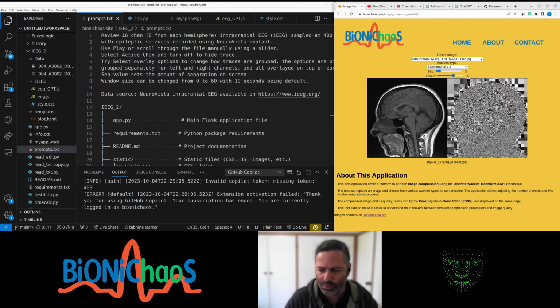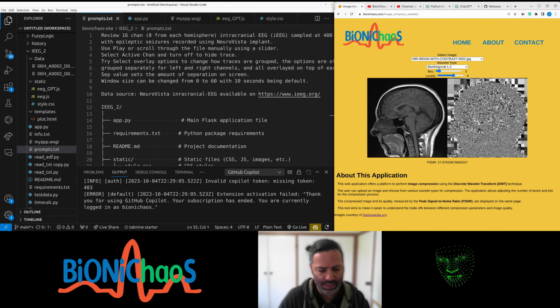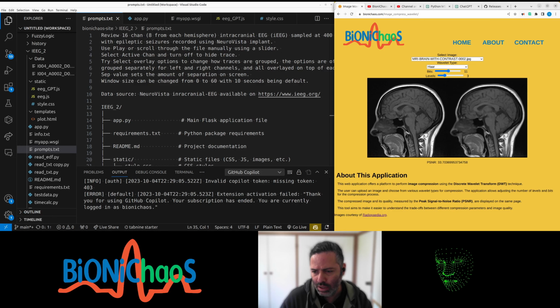And at the bottom, most importantly, you see the PSNR, which is a peak signal to noise ratio, which essentially tells you how well it's being reconstructed. Essentially, a value of 33 is high. You can get up to like 50 or so, which tells you that the reconstructed image is very similar to the original one. So